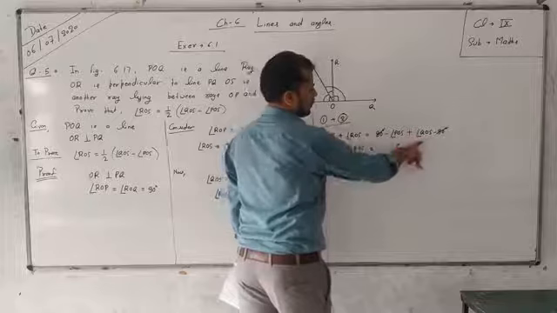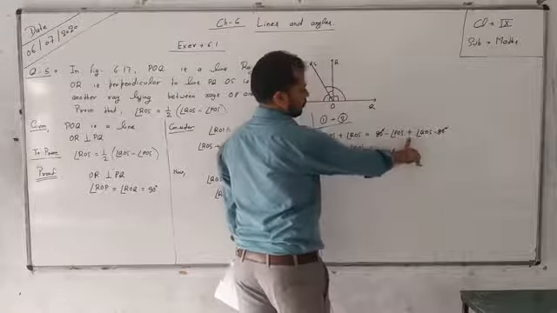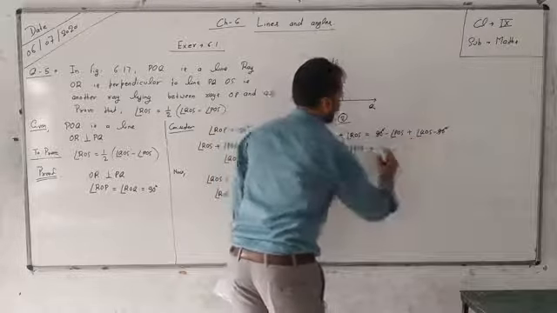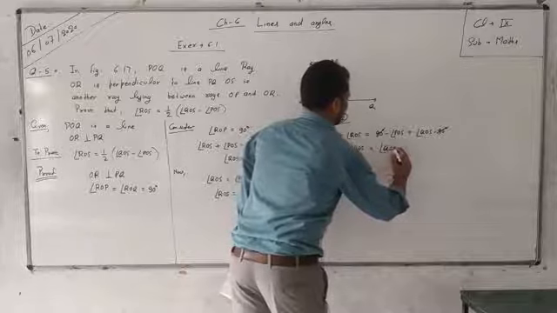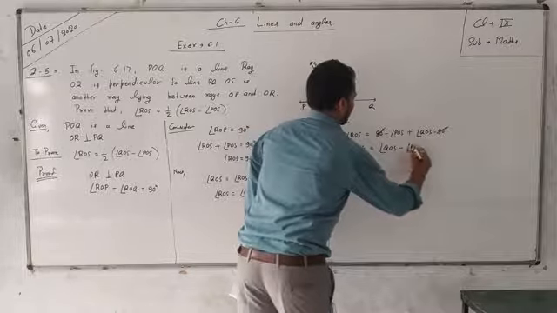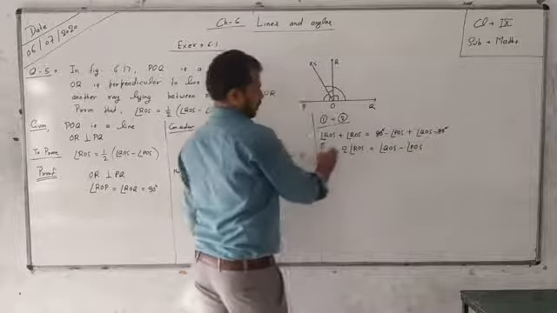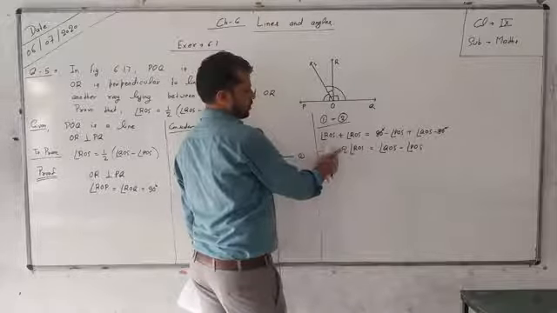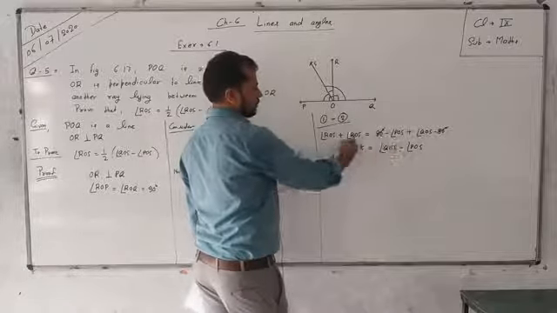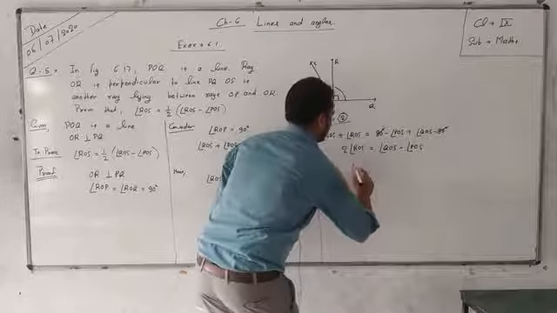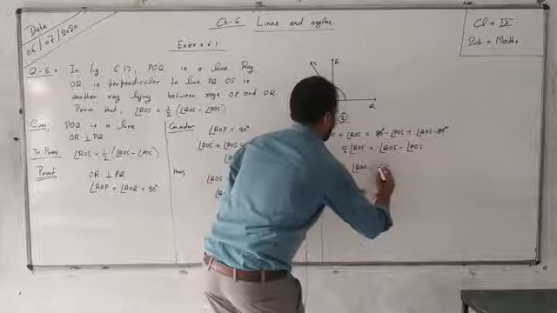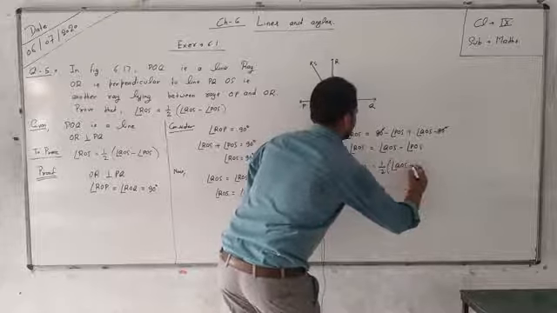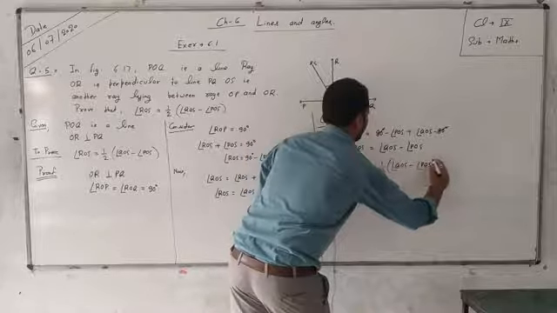First of all write the angle QOS because this is with the plus sign, and then you have to write angle POS because this is in minus sign. So write it angle QOS minus angle POS. Now transfer 2 from LHS to RHS. 2 is in multiplication on this side, when it goes that side it will come in division. So angle ROS is equals to half in bracket angle QOS minus angle POS.